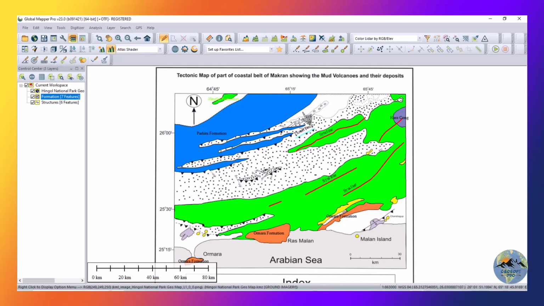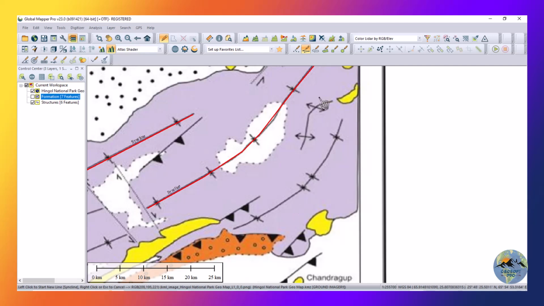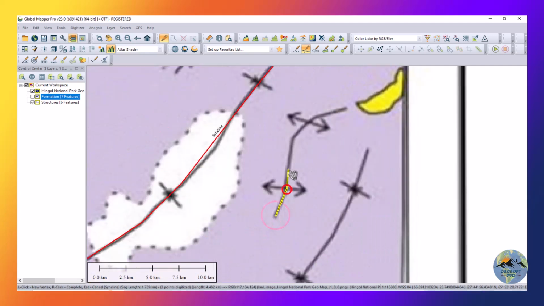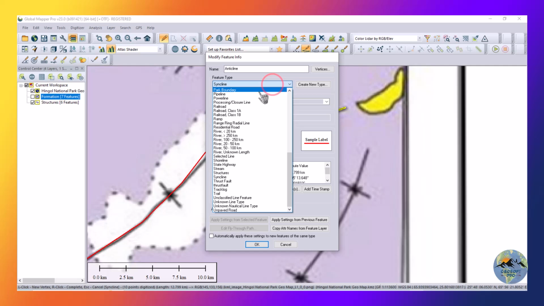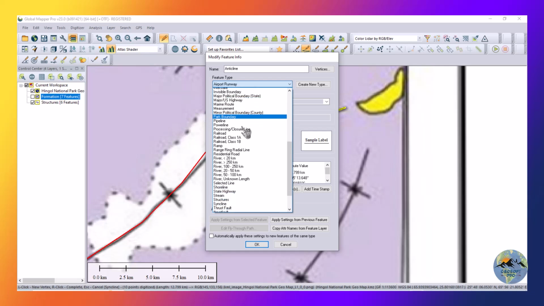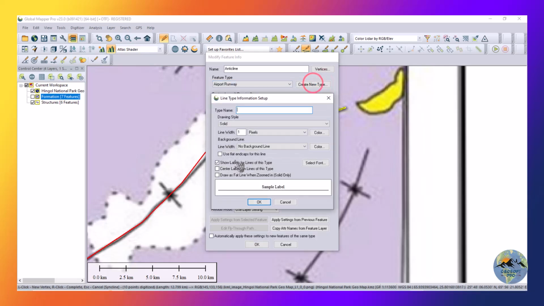Now let me add some, I will add an anticline. I will digitize an anticline. Now let me uncheck the formation so I could see my map. Right click and here anticline. Now also select here an anticline. I don't see any anticline here, so I will create an anticline feature. Click OK,